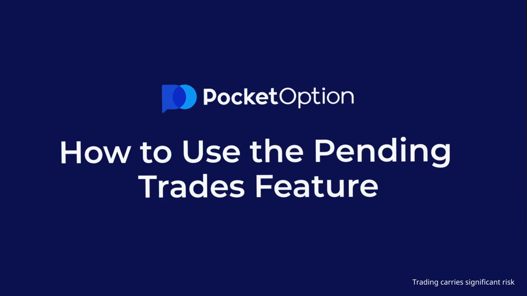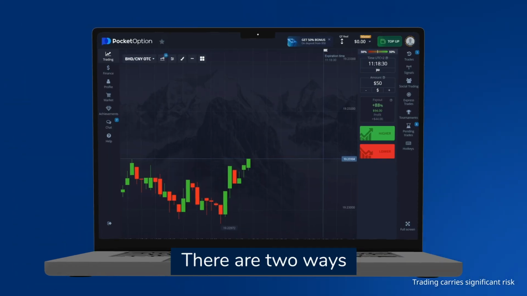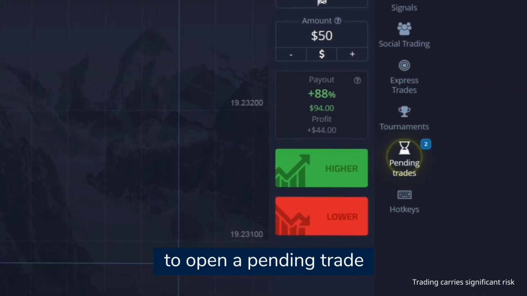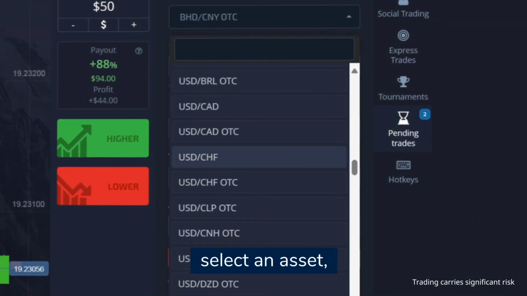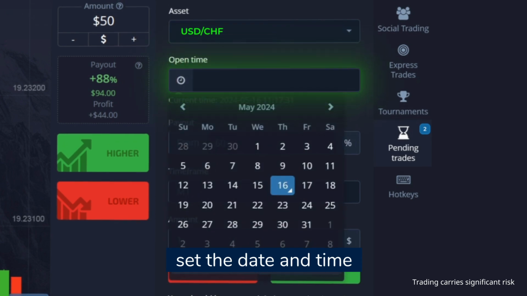How to use the Pending Trades feature. There are two ways to open a pending trade. To place a pending trade at a specified time, select an asset, set the date and time to open the